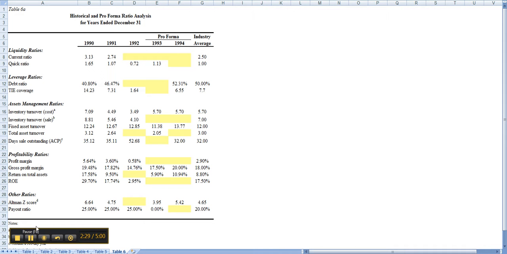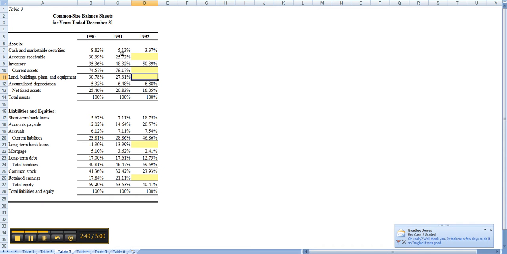And then again, as question 2 states, based on the information in the case and the results of filling in the 1992 columns, analyze the company. How are the ratios doing? Are the trends going up or down? These numbers compared to the industry average, how do they look? With the common size, you can get ideas. Is inventory going up or down as a percentage of total assets? Is cash going up or down as a percentage of total assets, and so on? From that, you can analyze the company and see if it's doing well or not. So that would be question 2.